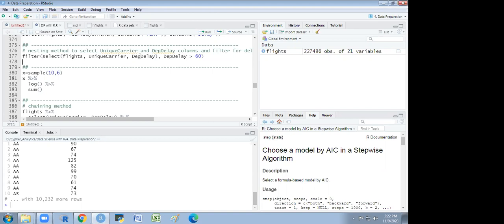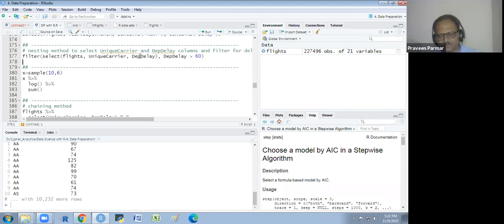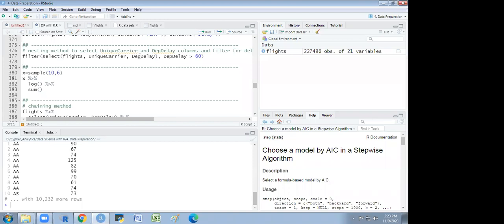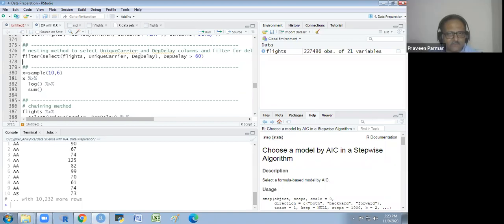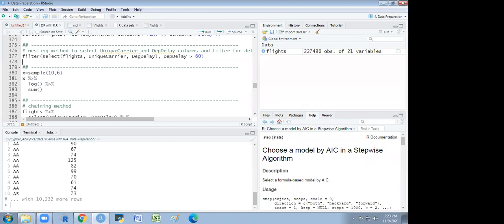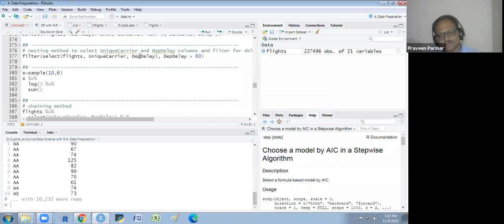This method takes a short time, because we have shortened the data frame, only two variables are there. Now you are filtering. If you go the opposite way, first you filter, then you have to filter a data frame of 21 variables. If we filter first, we have to filter all data, all variables. If you want to filter all, then you could do that, no problem.